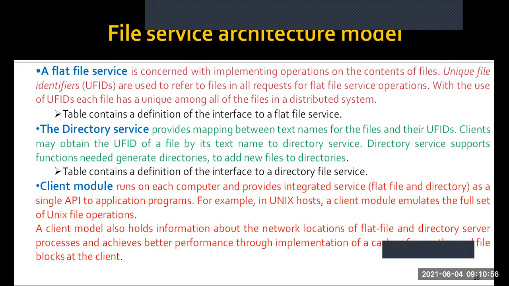So what it does here is, not only is it going to provide you the API coordination in order to access the files from the servers, it is also going to provide you the network locations of the corresponding flat file